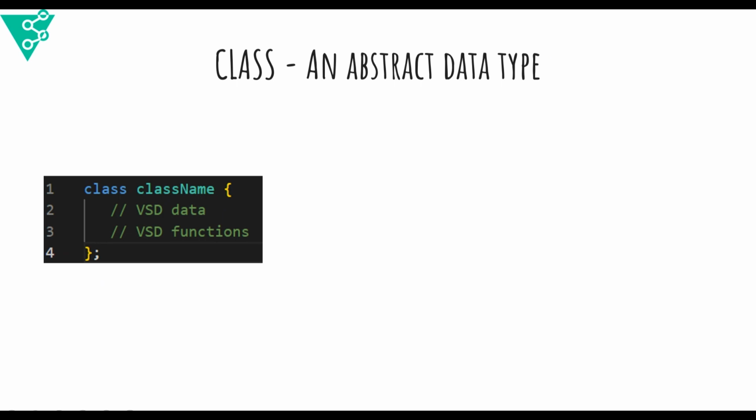Now let's get into the class. So this is a typical class name, right? And then you declare data and functions inside it. Now you have understood what is the abstract data, and then how do you declare it. This is one declaration with a C++ class example. This is an empty class,